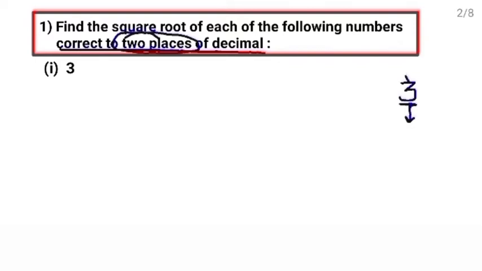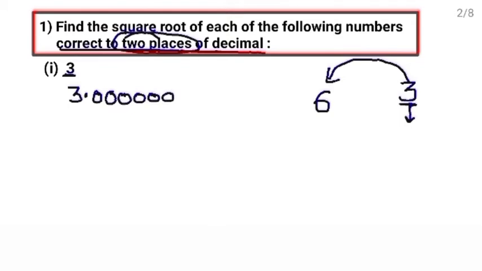So to find the square root till 3 places of decimal, we should have 6 digits after the decimal in the given number. When the given number has 6 digits after the decimal, only then will the square root have 3 digits after the decimal, because after finding the square root the number of digits becomes half, right? So what we will do here, after the decimal we will put 6 zeros, so that we can get 6 decimal places. Now find its square root.